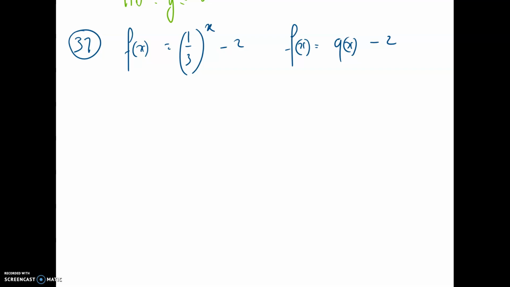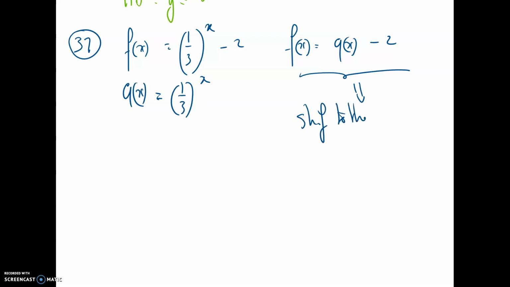So, guys, in this problem number 37, f of x equals (1/3) to the x minus 2. What you need to look at is seeing this as f of x equals g of x minus 2, with g of x being equal to (1/3) to the x. And that should tell you that you have a shift